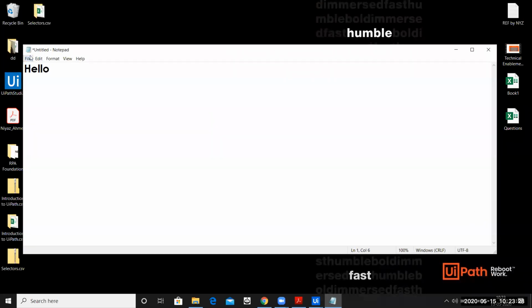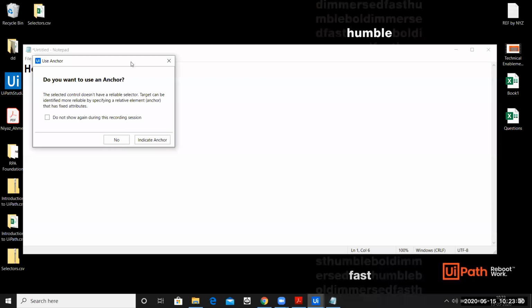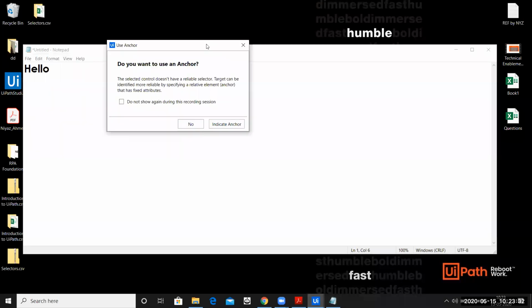I click on file. Now the moment you click on any of the application, this window will come up, which will ask, do you want to anchor it? As of now, I'll say no, because we don't want to anchor it. Now, because we are pretty much familiar with what is anchoring because we did the RPA challenge example, right?